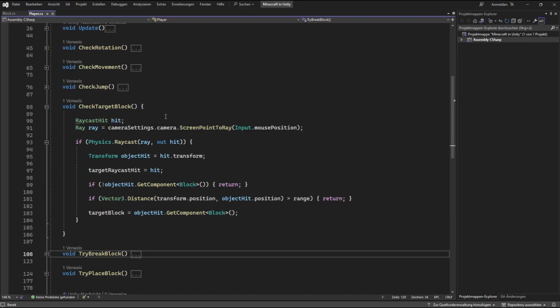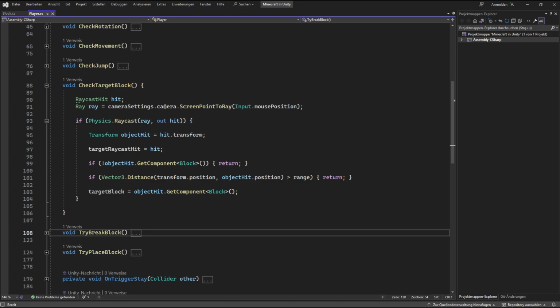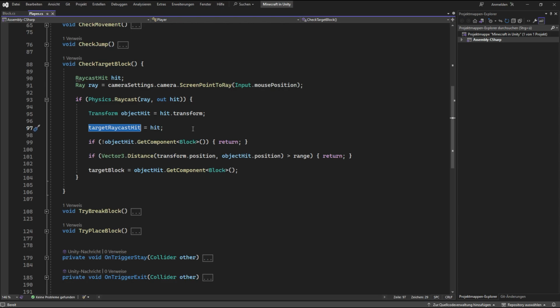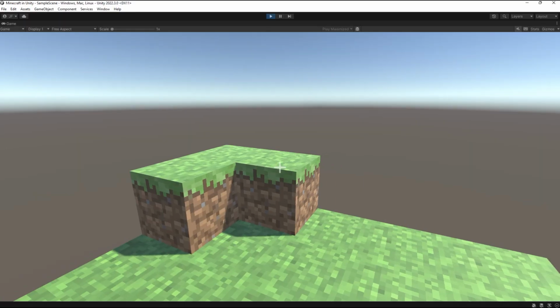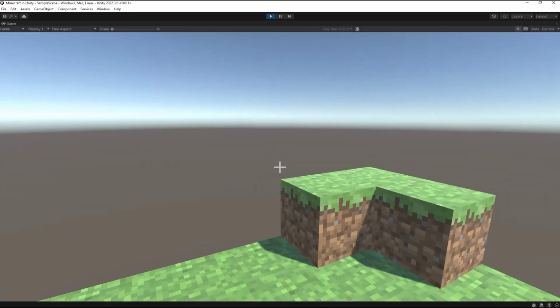is currently looking towards by emitting a new ray from our camera. In case it hits something, we want to store its position for our try place block function, but we only want to make the hit object our target block if it's a block after all, and secondly, if it's within our range. So if you want to find out how we created our movable camera, our block textures, please check